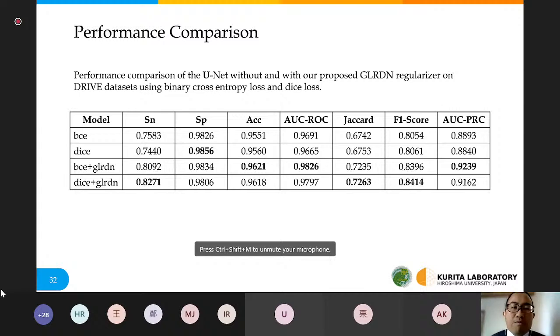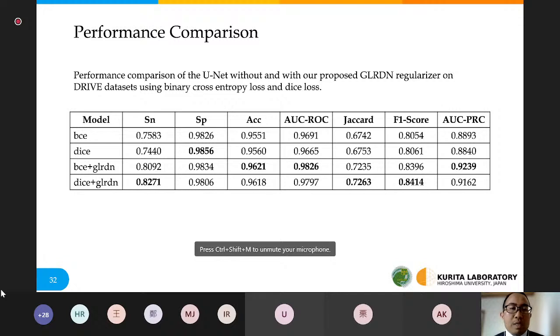And this is the performance comparison between baseline with the GLRDN regularizer. So in this table, in general, the table shows improvement in all measurements between baseline with the regularizer.